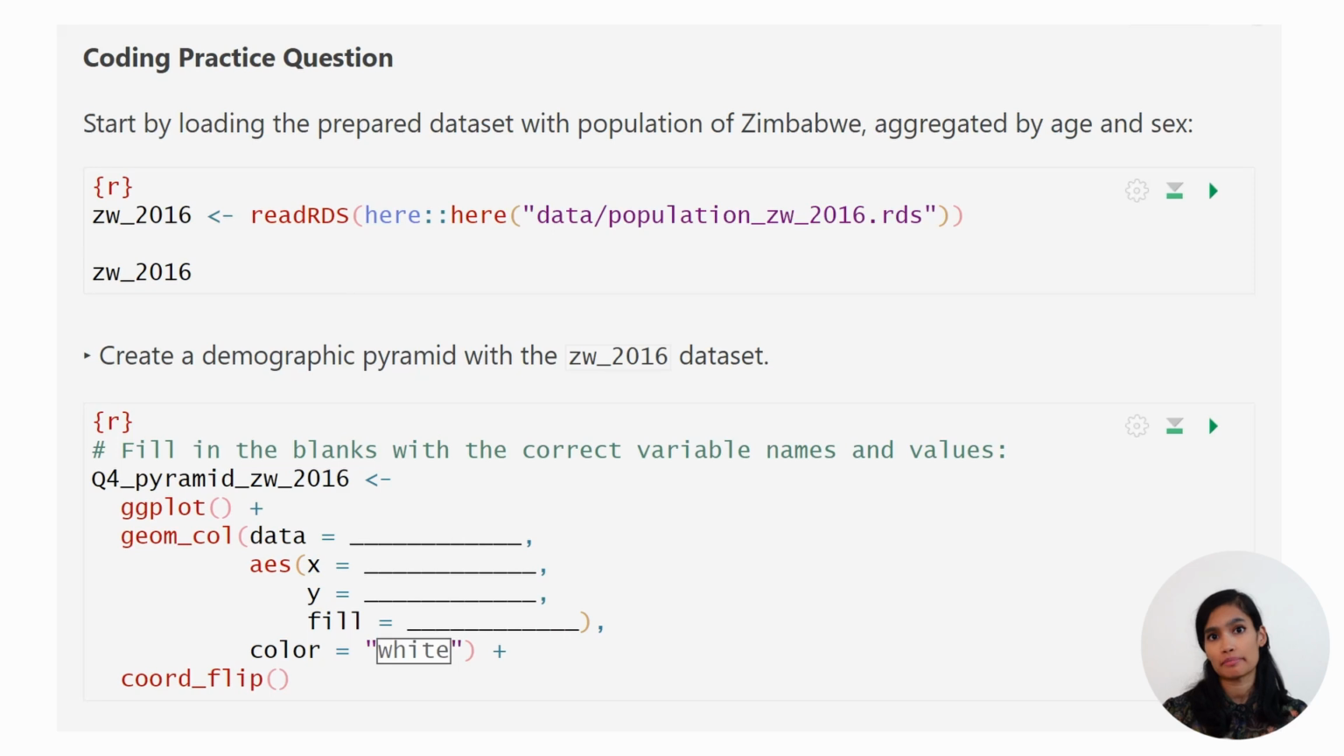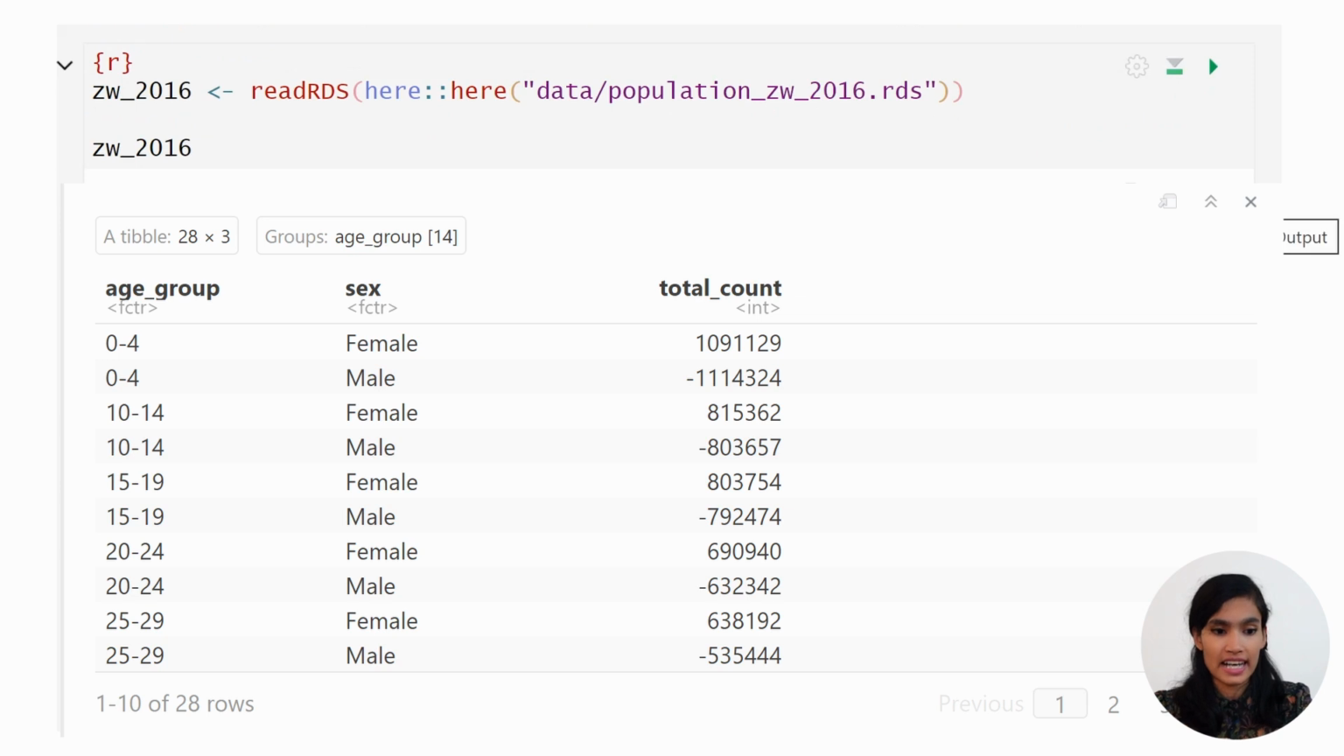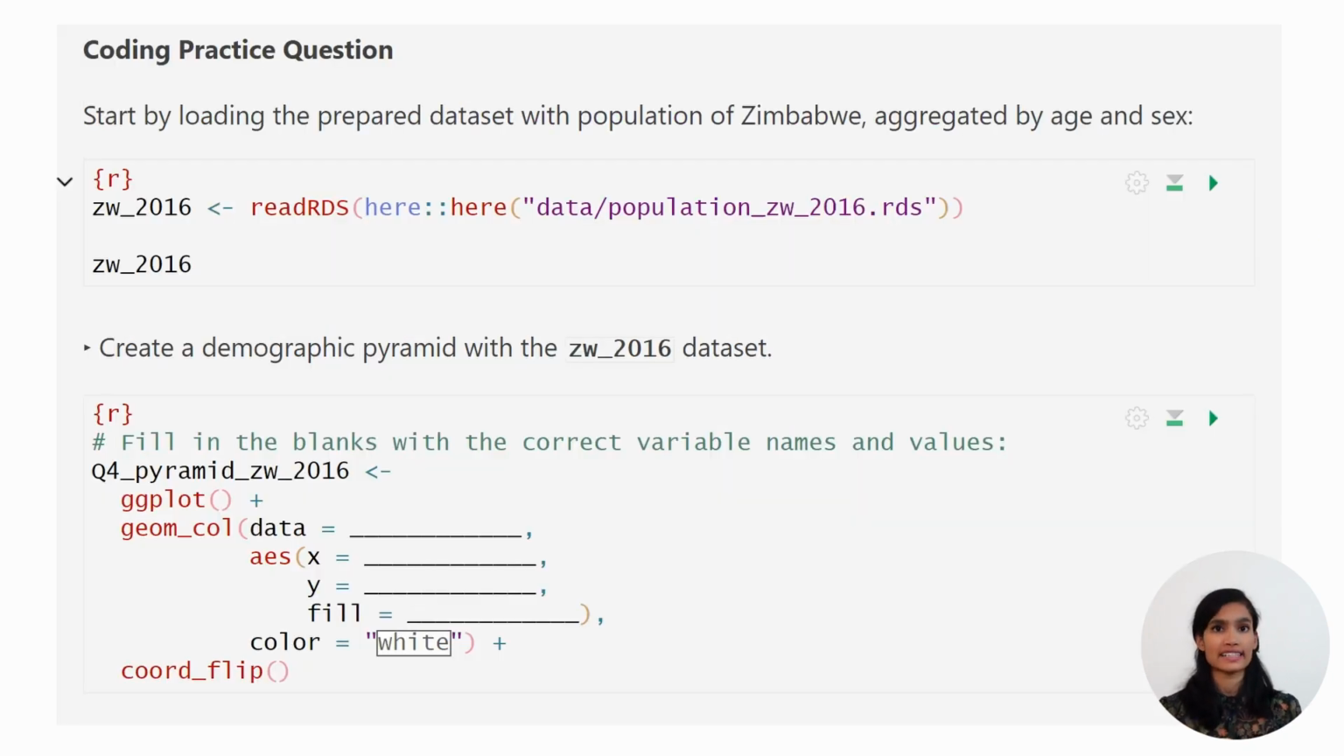Next, we have a coding practice question where you're going to use real data to make a demographic pyramid. So you'll run the first code chunk to load the data we've prepared into RStudio. This prepared data set has already aggregated age group, sex, and total counts of the national population of Zimbabwe for 2016. Once you've loaded the data set, you can create a demographic pyramid by filling in the blanks in the